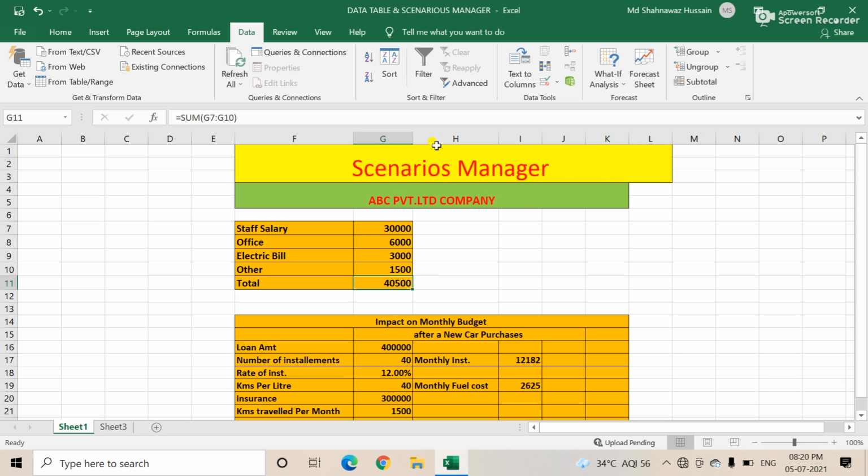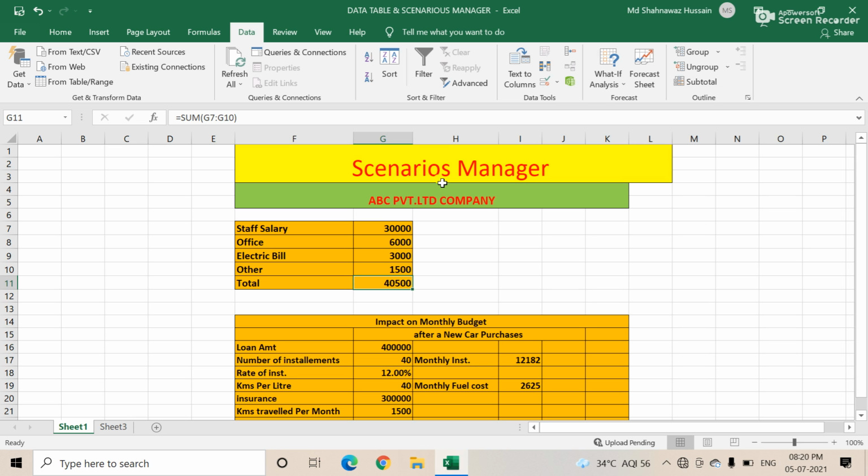So why do you use the Scenario Manager? First, the Scenario Manager is a What-If Analysis tool which helps build a model wherein the changes made in values are reflected in the possible outcome, which is based on the SUM formula. Using these values, different scenarios can be saved with names and compared for decision making. You can easily switch between these saved scenarios.